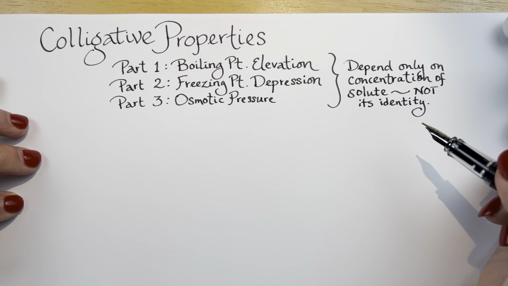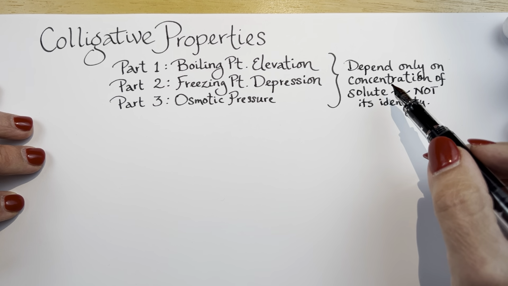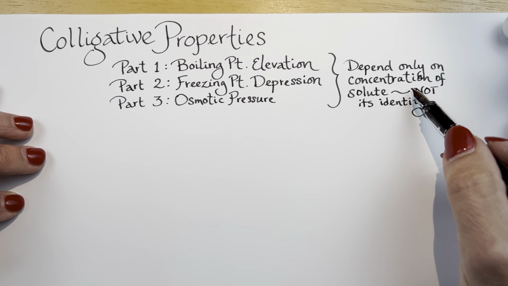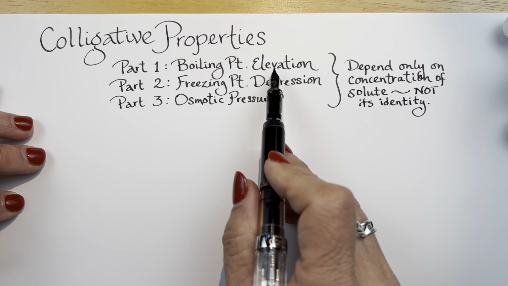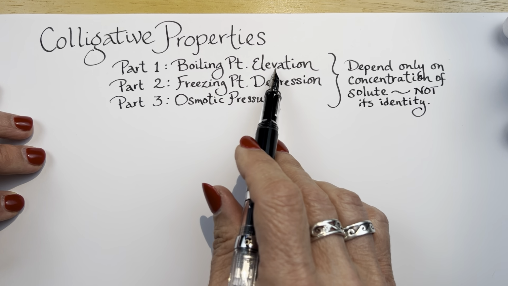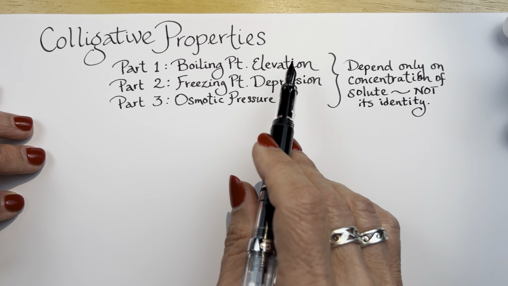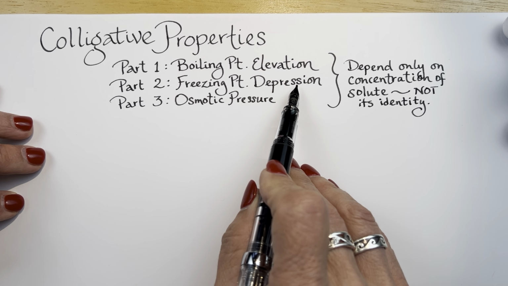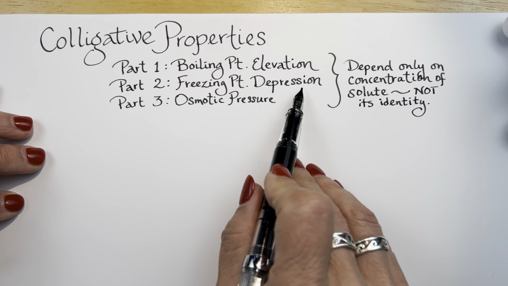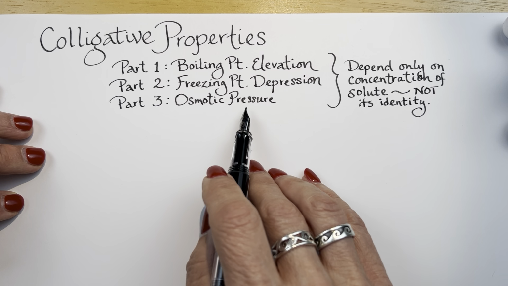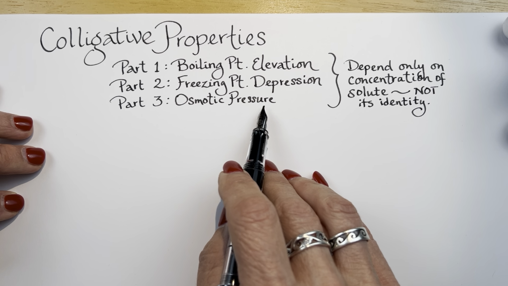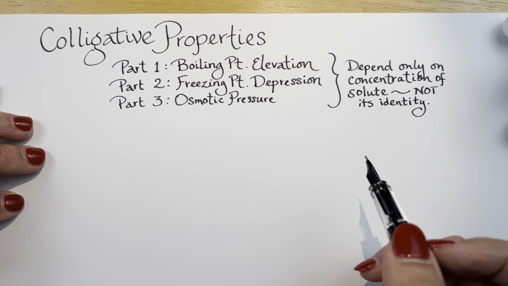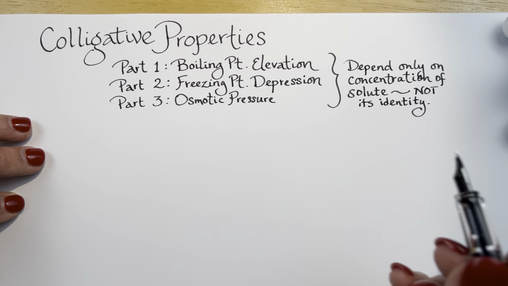Okay, so it just depends on how many particles are dissolved in that solution. That's the thing that is going to cause the boiling point to go up in a very predictable, calculatable way, or the freezing point to go down, again, predictable, calculatable way, and the osmotic pressure will go up as the concentration of the solute particles go up. Okay, so